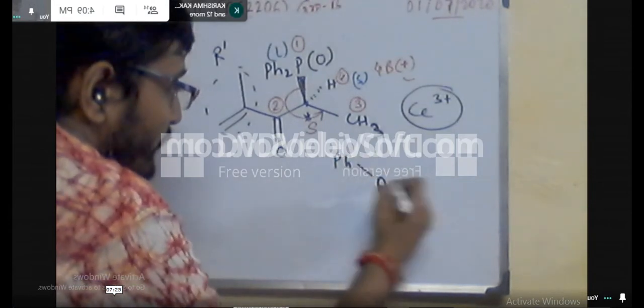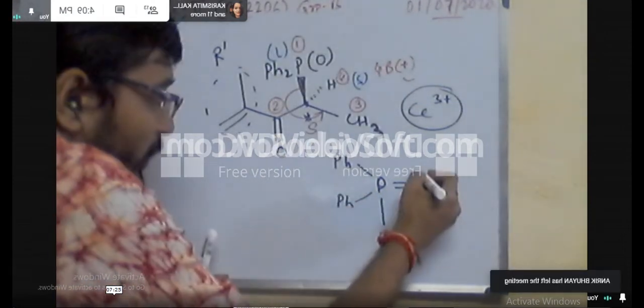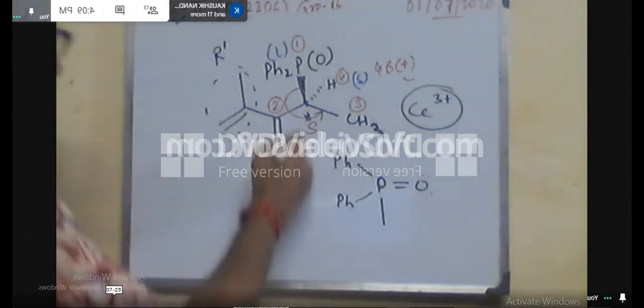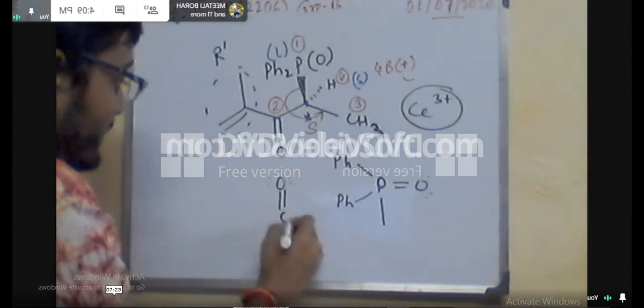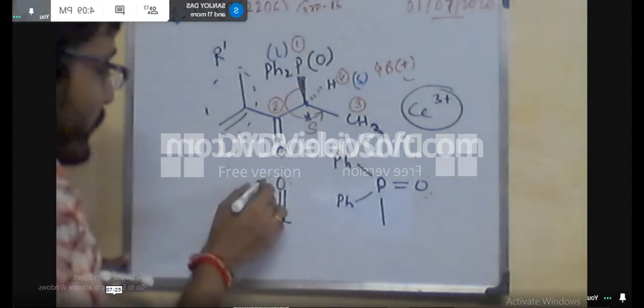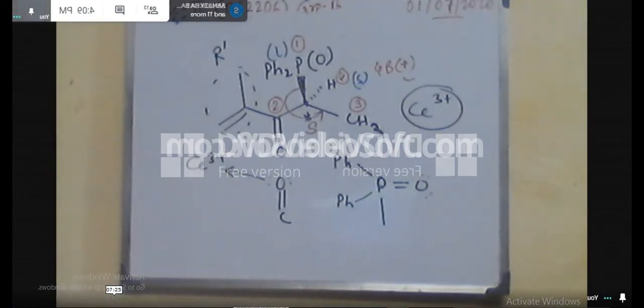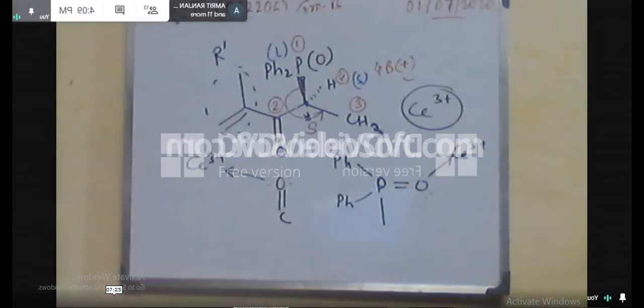So how will you show the chelate model? According to Cram's model, first we will draw it this way. This is R prime, this is the larger group, and we know 2b plus, sorry, 2f minus. Here this is the small group, that means CH3, and sorry, the medium group, and here it is the small group. So this is our normal Cram's model.